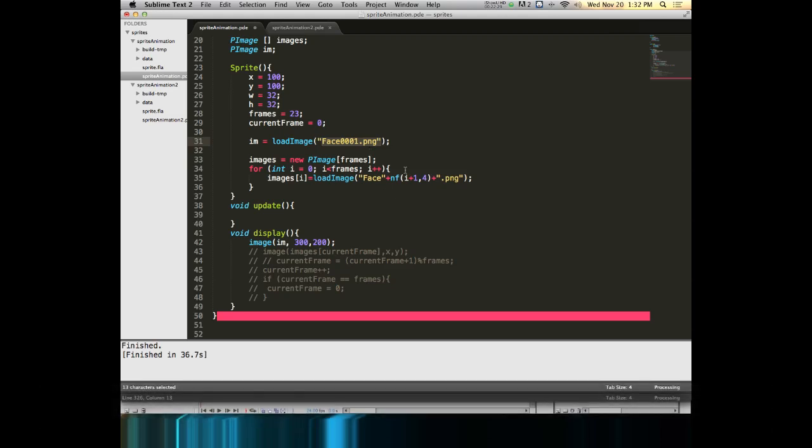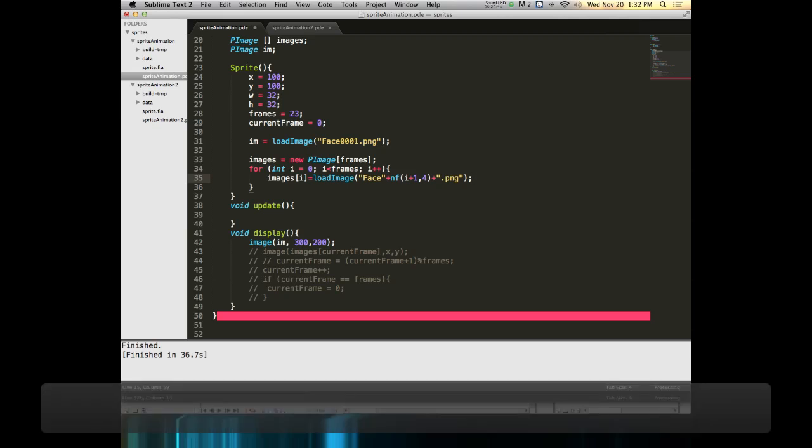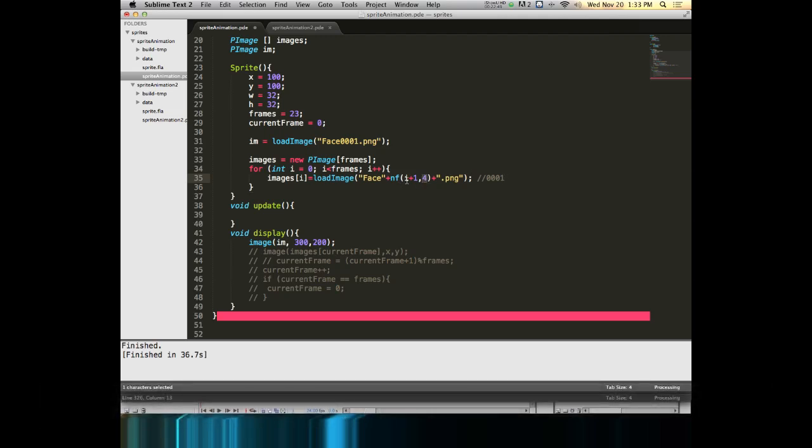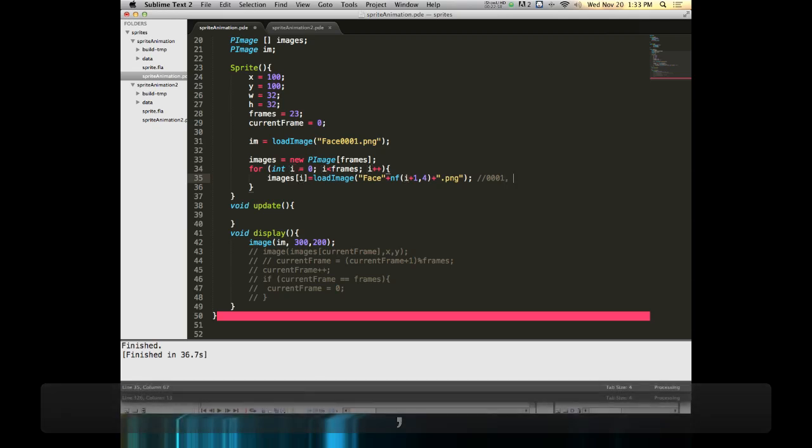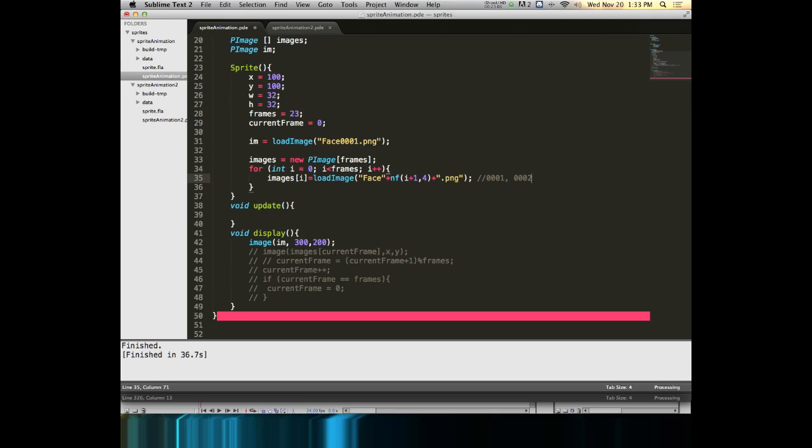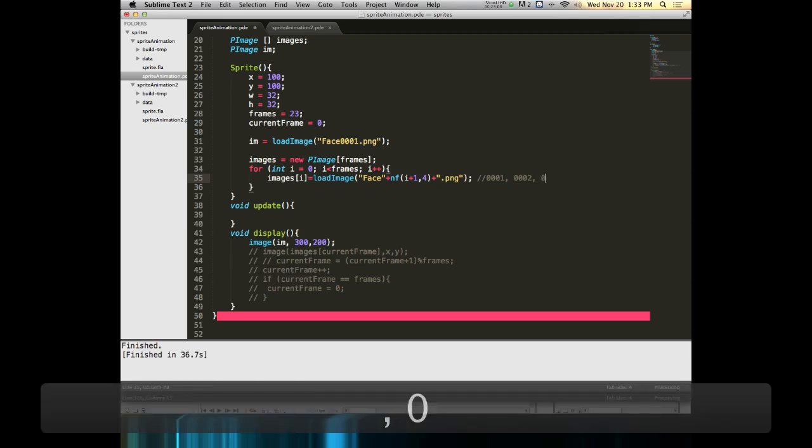But because it's just offset by 1, we can offset our line by 1. So the first time through, i+1, comma 4, formatted as a number gives me a value of 0001. That's 4 numbers long, and it takes i, which was 0, and adds 1 to it. So the next time through, where i is 1, gives me a value of 0002. And it keeps repeating until it's done. Now when we get into the double digits, we get 0010